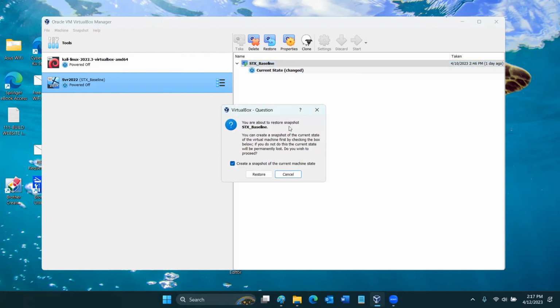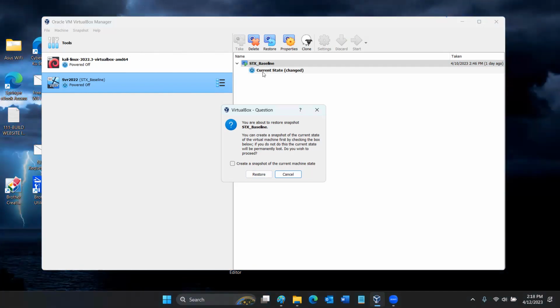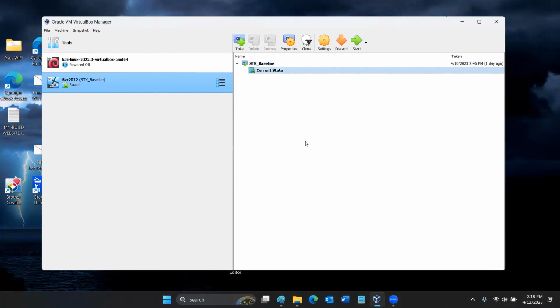It says you are about to restore a snapshot. You can create a snapshot of the current state first by checking the box below. I don't want to do that. I don't want to take this current state with some of the changes while I was troubleshooting. I was only doing that because I was in Iowa. Does that make sense? So I'm going to hit restore and I'm going to uncheck this because I do not want to retain any of the changes that were made since the baseline. I'll hit restore and in just a minute,